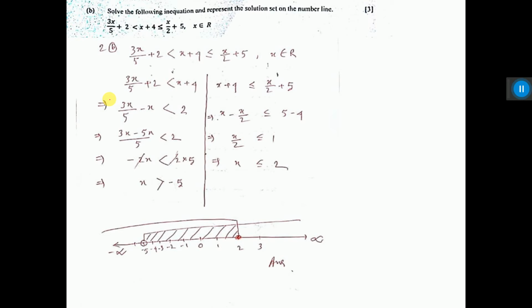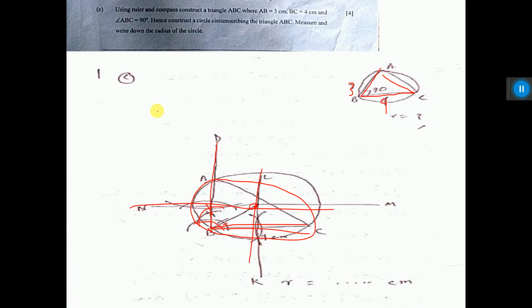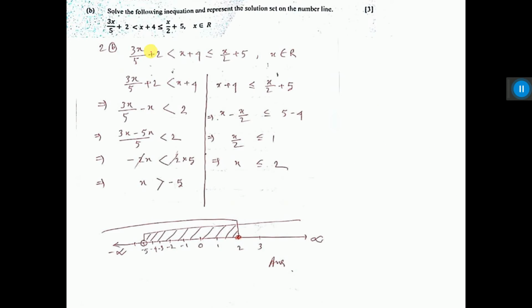Next, this one, see this sum. In the inequation, first up to this will be one part, and from this side up to this will be another. These two you solve. Here you are getting x greater than minus 5 and here you are getting x less than or equal to 2. Now x greater than minus 5, so minus 5 is there, and since it is a greater than sign, it will be a hollow circle, and greater means you have to go to the right side. And x less than or equal to 2, that means since it is less than or equal to, here it will be dark, and less means it will go this side, and since it is a real number, you have to shade this portion.